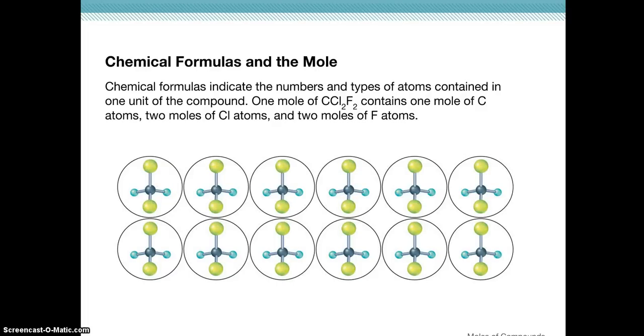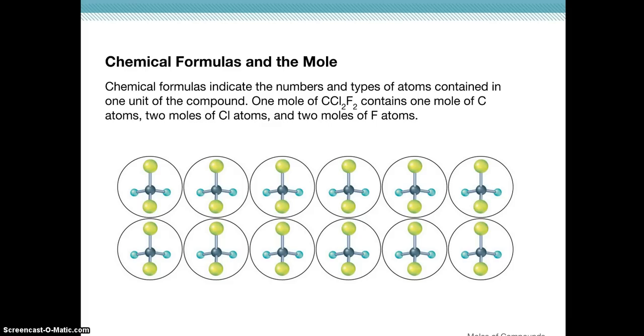Right, so far we've really only been talking about elements. We haven't talked about compounds and what the chemical formula tells us. We've only been dealing with atoms. So when we have a chemical formula, what it tells us is the number and types of atoms contained in